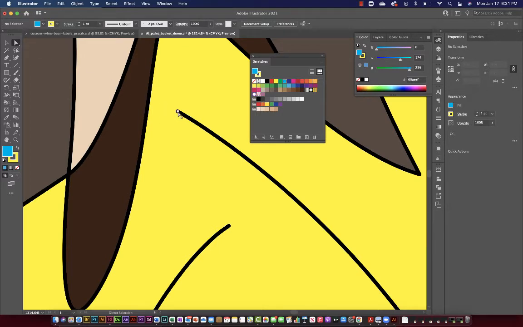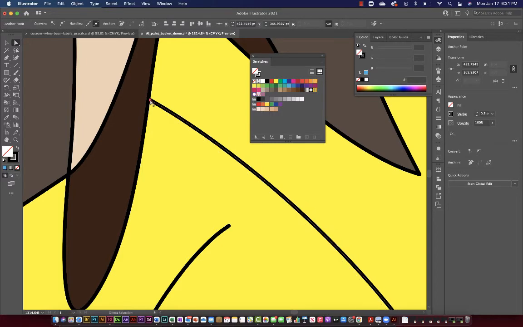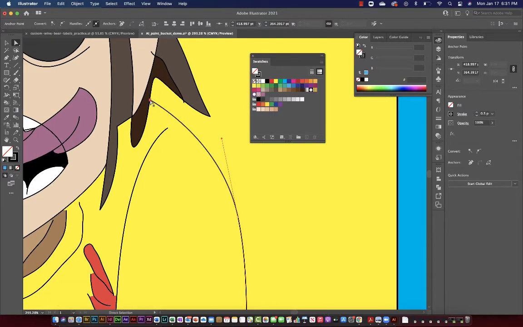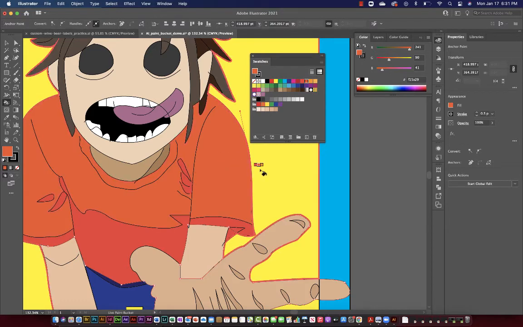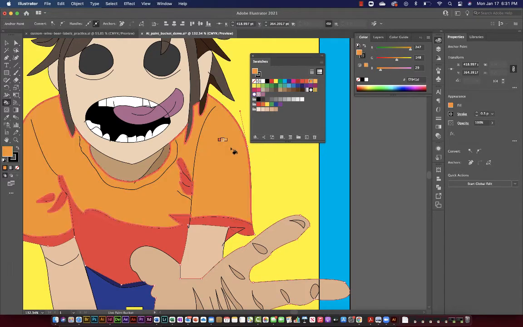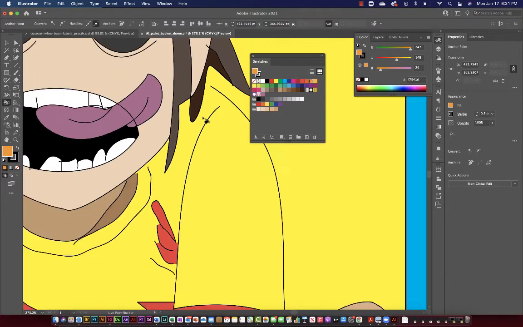And with the direct selection tool, you click on the anchor point one time to select it, and then drag over here, and that will simply close the gap so that when I press K and I access that paint bucket again, it will color it in. Okay, that's a better color. So that's one way to close the gap, just manually doing that. I'm going to back up, Command Z a few times. The other way to close a gap